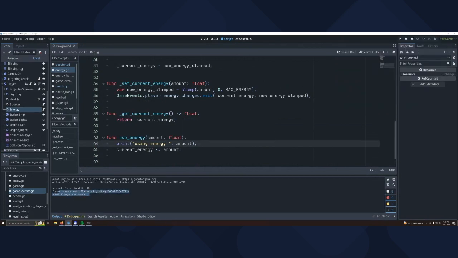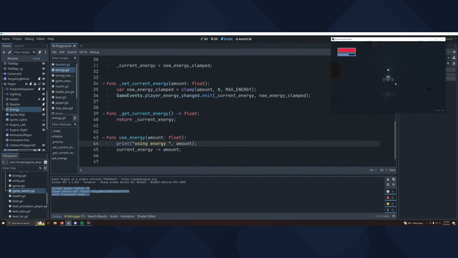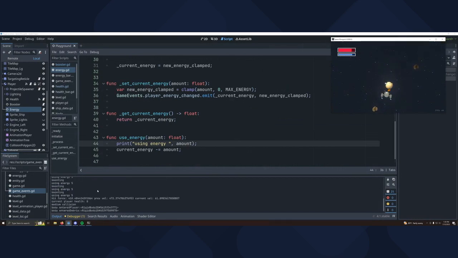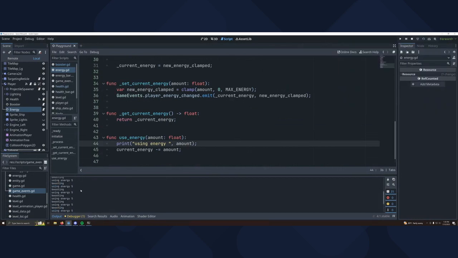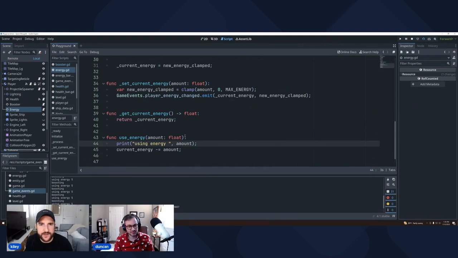Okay, and then that's going to show up down here. Oh yeah, so it gets called a lot actually. Which is interesting. So it's boosting a bunch of times, and maybe even until the boost finishes or something.